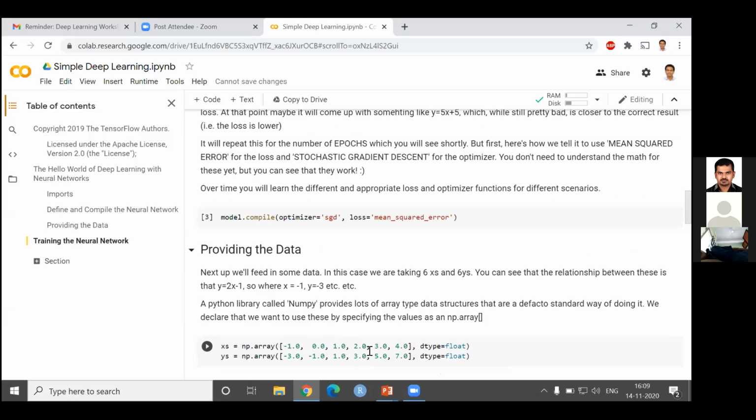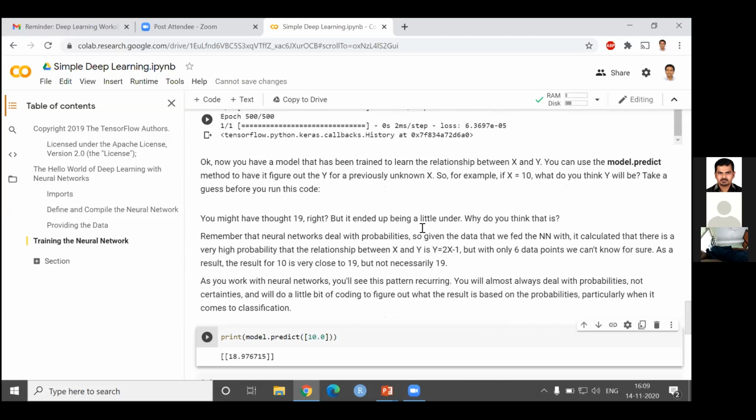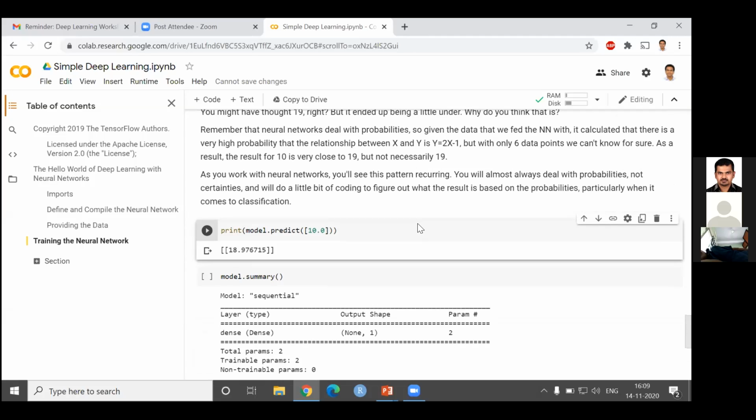Isn't it 6? 1, 2, 3, 4, 5, 6. Yes, just 6 input data and 6 labels, which is very insufficient data. That is why, though it is quite accurate, if you round it off it will come to 19, but still this is not exact.